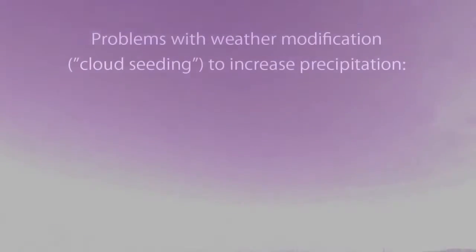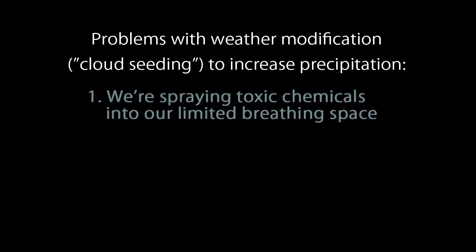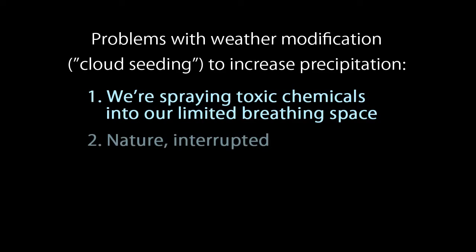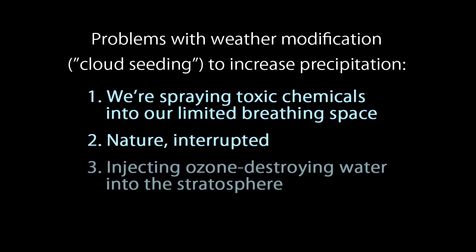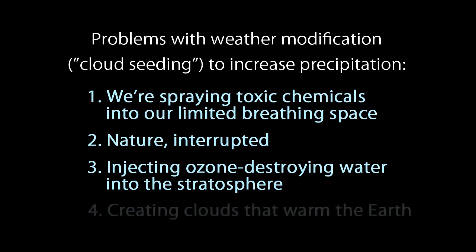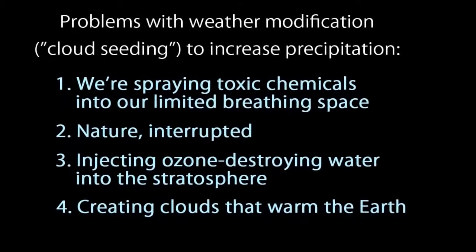Let's recap what we've just seen. First and foremost, we're poisoning ourselves relentlessly through massive amounts of toxic silver iodide cloud seeding. We're worsening the long-term climate outlook by deliberately and continuously interfering with Earth's natural hydrological cycles. We're injecting water into the stratosphere, and water vapor is a greenhouse gas that traps more heat than CO2. The artificial clouds that block the sun in the daytime can prevent the heat from escaping at night, contributing to